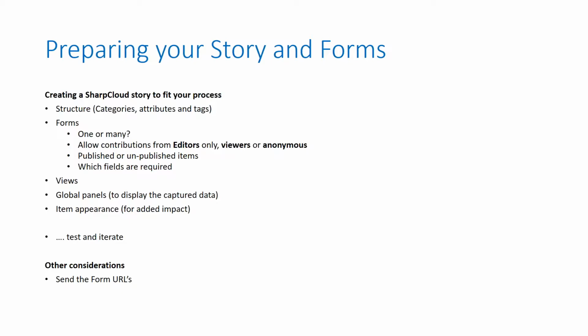Or you can say that the item immediately is published, so it's visible straight away, because you might want the workshop to have information coming up right in people's faces. The moment something's submitted, everyone sees it on the big screen in their SharpCloud story, so that you can say straight away, who submitted this idea? So you've got the choice, and you can obviously vary as you go through.